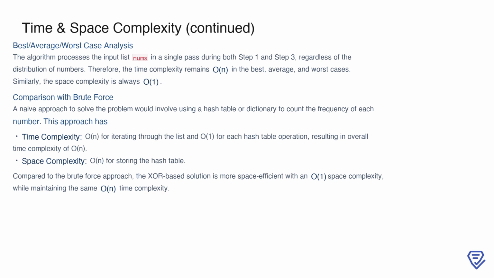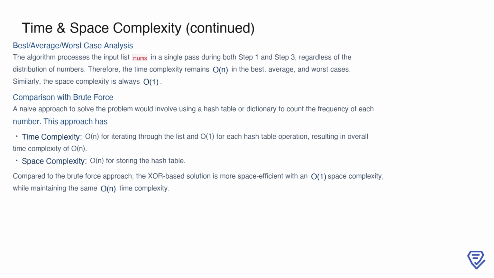input size. Comparing this solution to a brute force approach, we see significant space savings. A naive method might use a hash table or dictionary to count the frequency of each number. While this approach also has a time complexity of O(n), it requires O(n) space to store the hash table. In contrast, the XOR-based solution achieves the same time complexity while reducing the space complexity to O(1), making it a